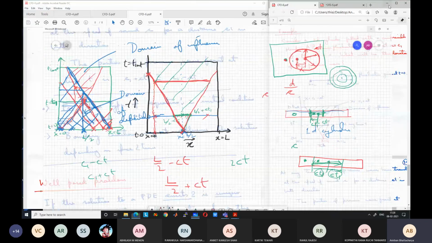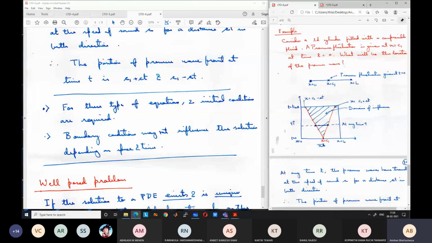With this, we will stop with our PDEs. We will not go into further mathematical details of PDEs. We have gone through some of the basics, and our main focus was the nature of second order PDEs. Based on their nature, we can classify them into three types: elliptical, parabolic and hyperbolic. We have seen an example of each, and the behavior is different.